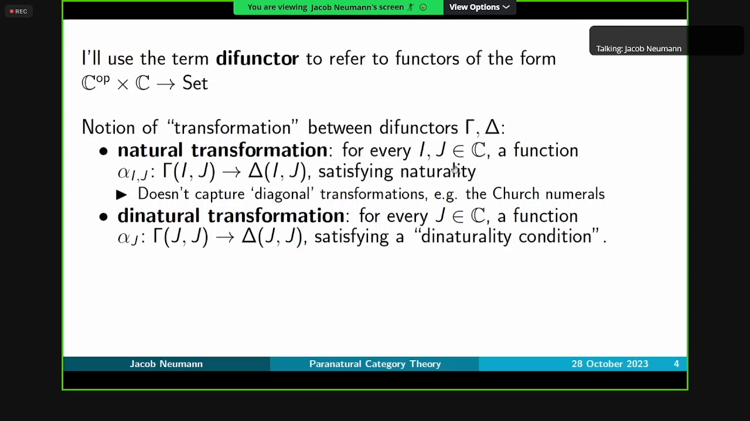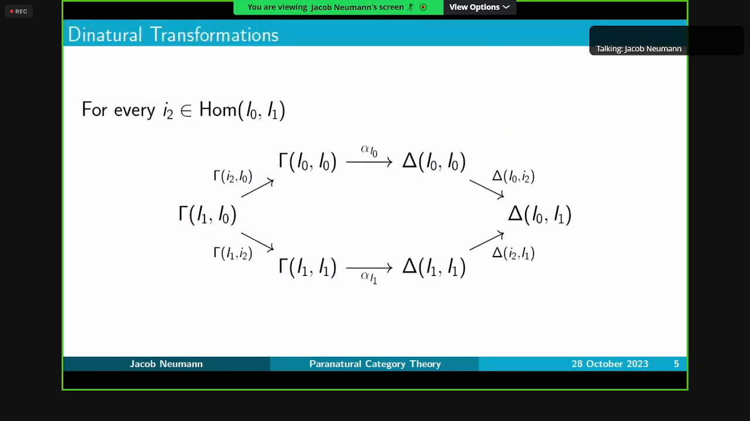And so a dinatural transformation, what it is, it's also a family of maps, but it's only indexed once over the objects of the category, and it goes, like these Church numerals, from the diagonal application to the diagonal application. And then there's, subject to, so all of these notions are going to have a family of maps subject to some condition, and the condition for dinaturality is that for every morphism I2,